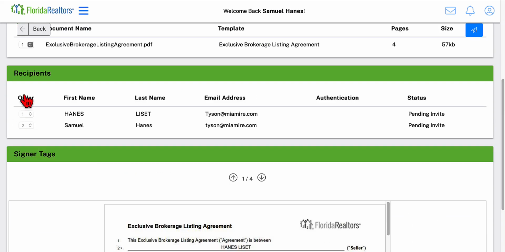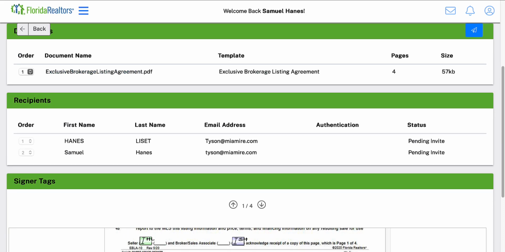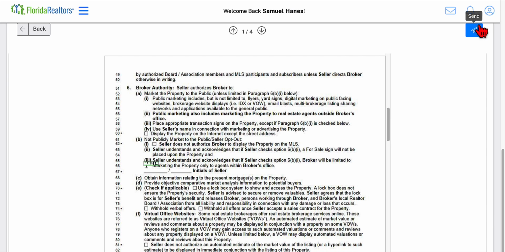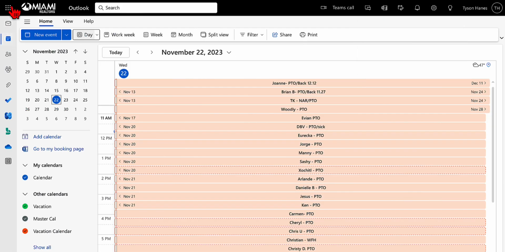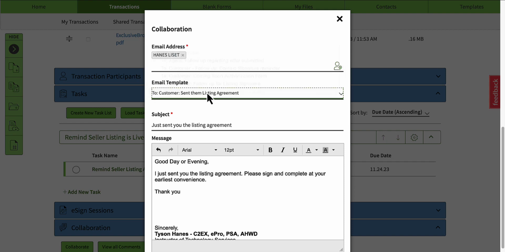Once the document is ready, you can preview it one more time by clicking preview. And you can see all of the information located here. Once the document is good to go, from there you can click on send. From there, the seller will receive an email that they need to sign. Sent to customers, sent them listing agreement. From there we have that subject, just sent you the listing agreement, and then we have the message being sent